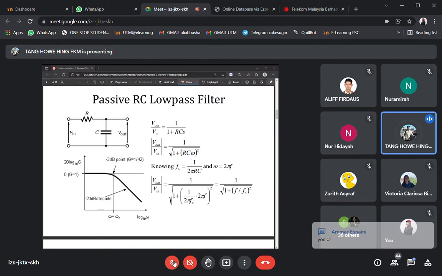Okay. So for the filters, passive filters usually that we are using it in your syllabus, there is a low pass and high pass filters. Okay, low pass and high pass filters. So for a low pass and high pass filters,